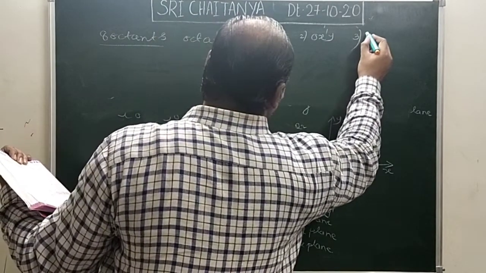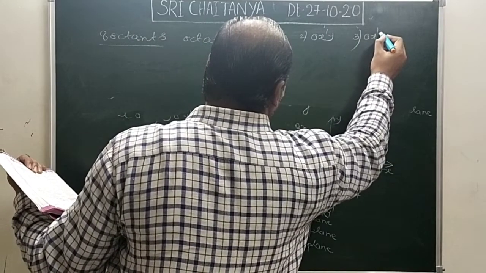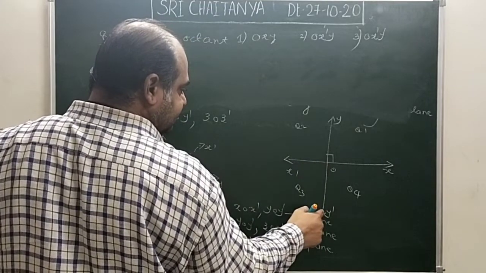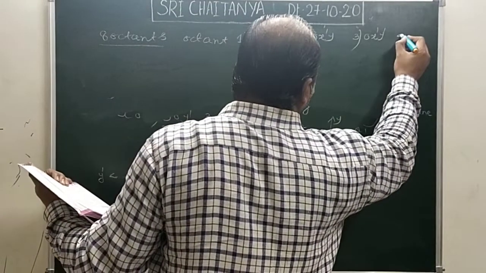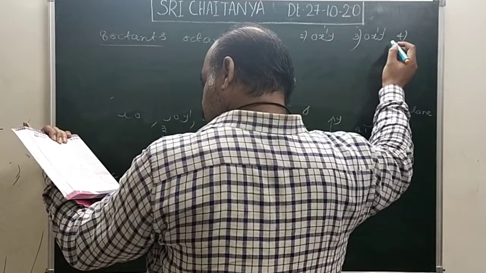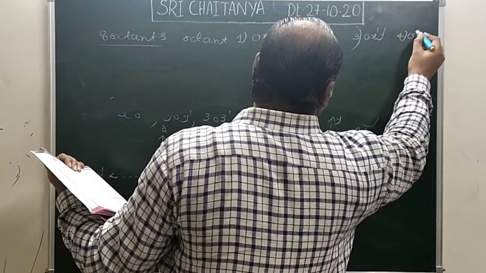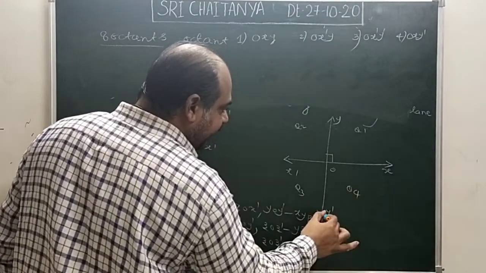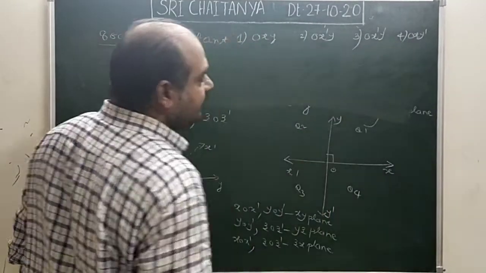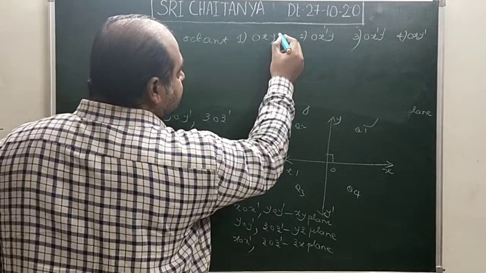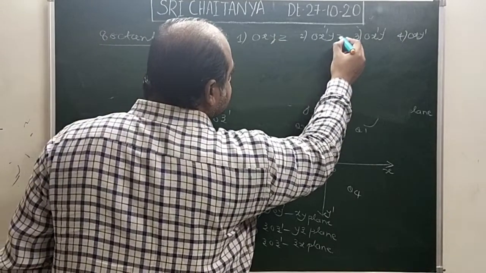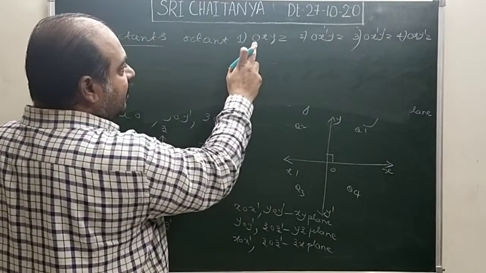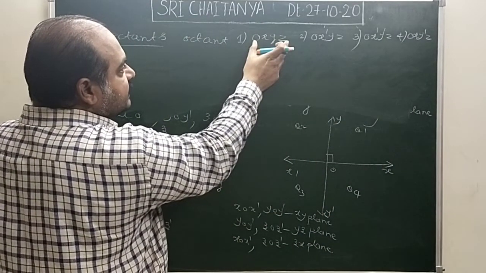and third octant, look at Ox dash Oy dash. This is third octant. Number 4, Ox y dash. Look at Ox Oy dash. First I have written xy, right? And after that you include z. You include z in this. That means, look at, this is called one octant, Oxyz.